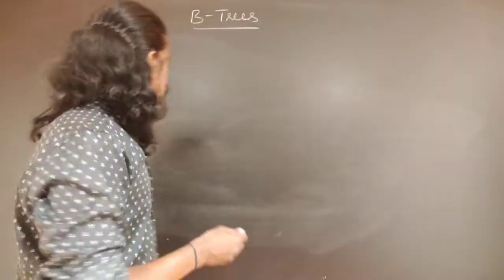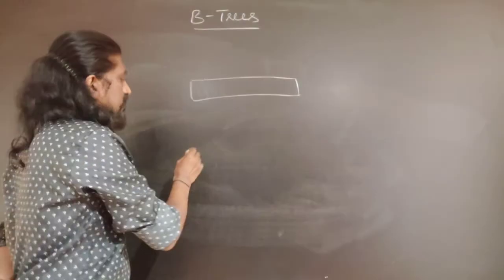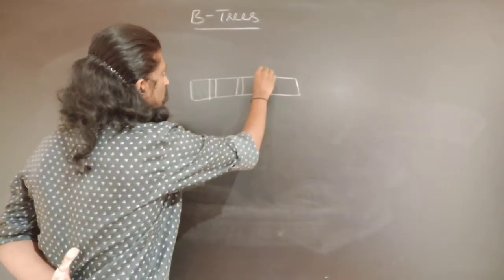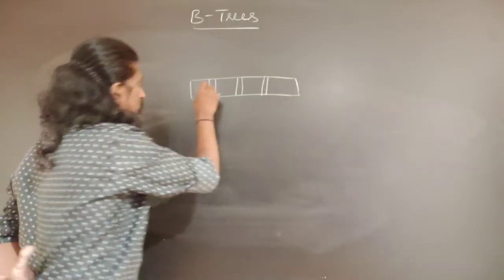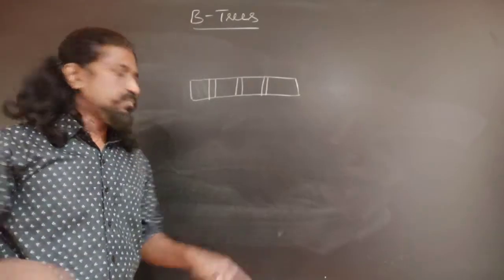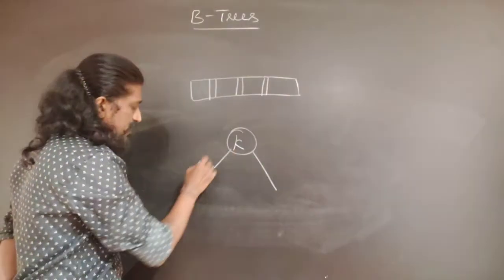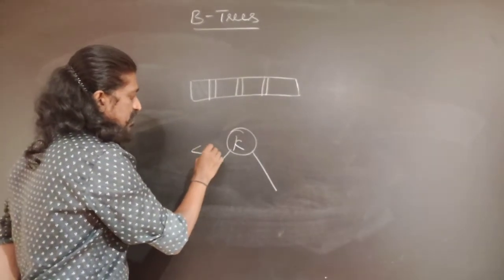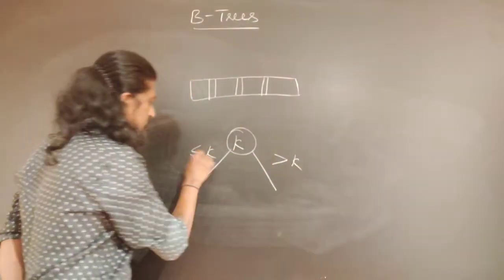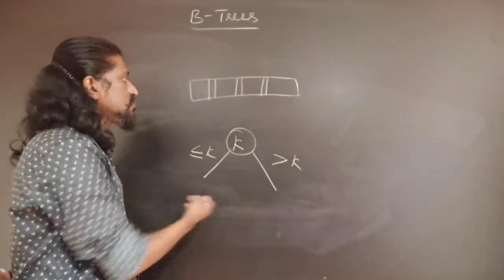In the same way, a B tree node will consist of key reference pairs, and the keys will be stored in sorted order. In a binary search tree, a node consists of only one key, k, and it will have two search paths. The left subtree will have all those elements which are less than the key element, and the right side will have those elements which are greater than the key element. Any one of the sides can include equal to also. This is how a binary search tree looks.